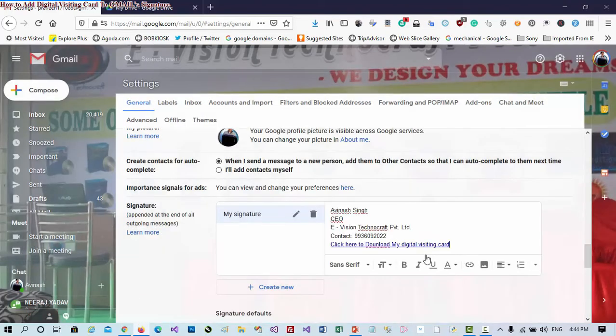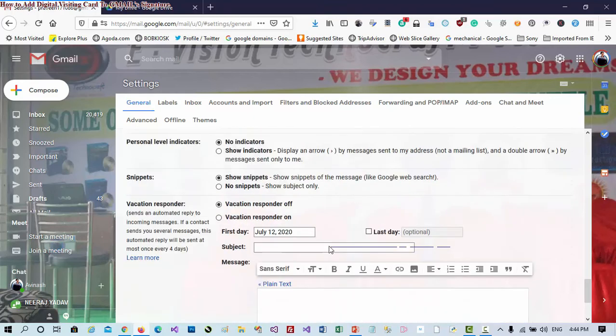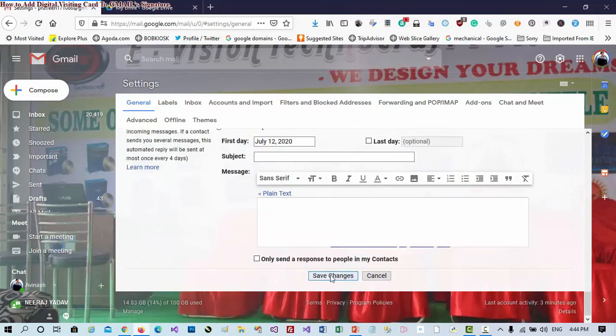Now just wait for a minute. I think the spelling is wrong. Okay, so in this way you can add the digital visiting card link, and now click on Save changes.